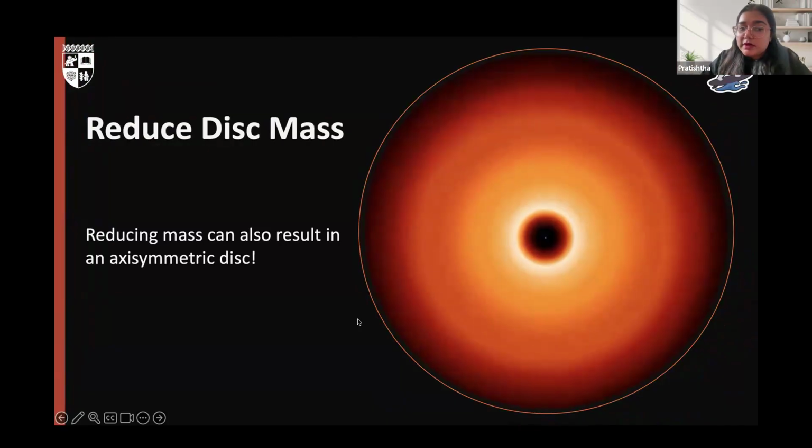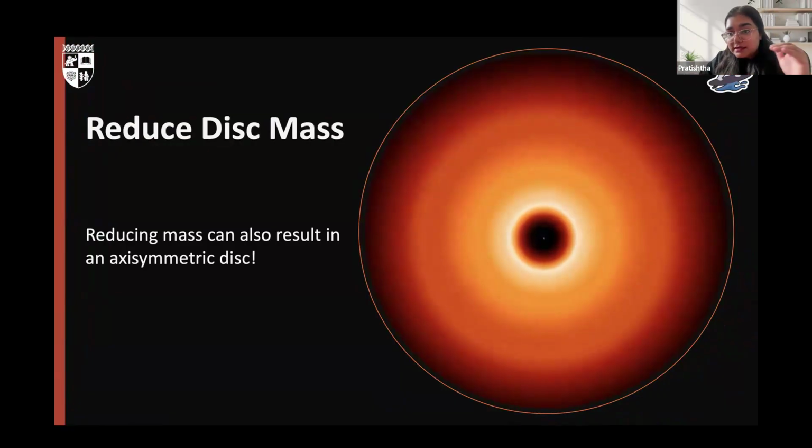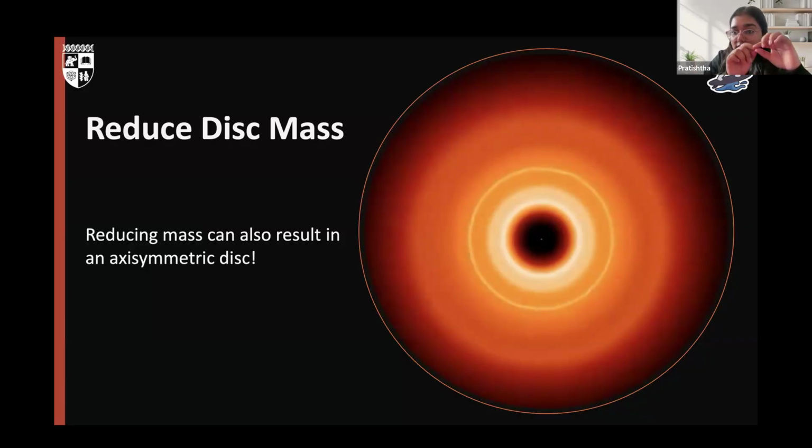And so reducing mass can also result in an axisymmetric disk. Now, the way that we reduced mass was using a mod dump, and the mass reduction was instantaneous. So after the disk had evolved into these spiral structures, we introduced this mass reduction. So by whatever factor, let's say it's 0.6, the disk mass dropped instantaneously from the old mass to 0.6